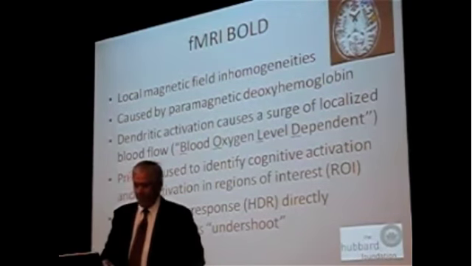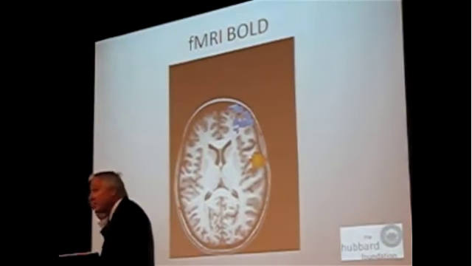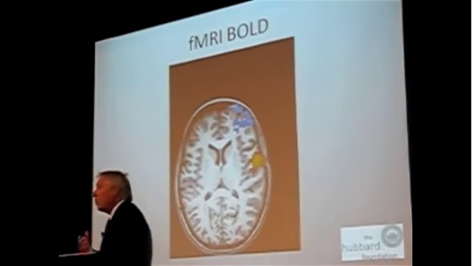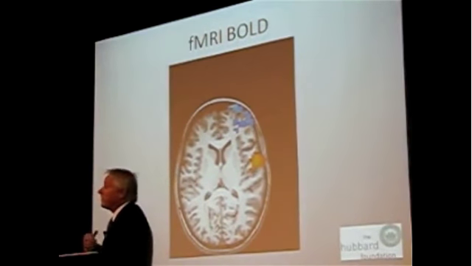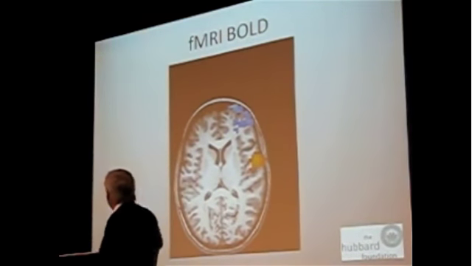Just to give you one example of what we used to do, I was interested in meditation. That was one of the things I studied in fMRI. This is kind of a cool image. It shows you what you see when someone's meditating. What do you think is going to happen? Do you think their brain's going to become very quiet? Do you think their brain's going to become very active? Or something in between? What you actually get is the attention area,